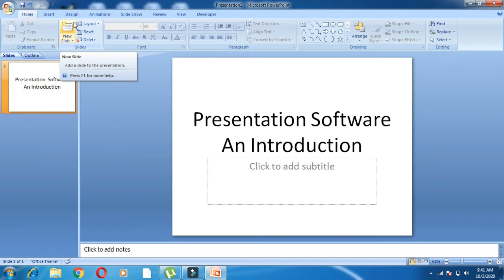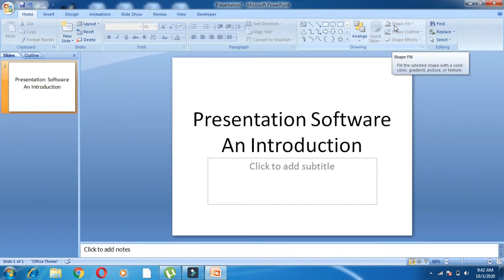Then below that you get a ribbon. This part is known as the ribbon, which contains two parts, tabs and groups. Each tab contains commands arranged in different groups. In Microsoft PowerPoint 2010, you'll get a file tab also. In 2007, it is not there.